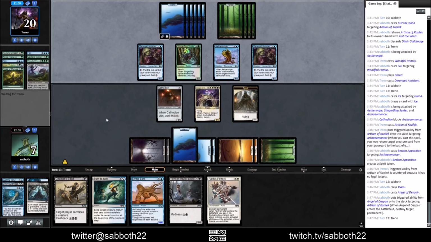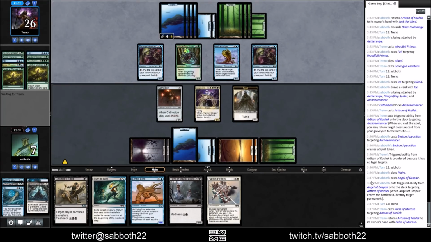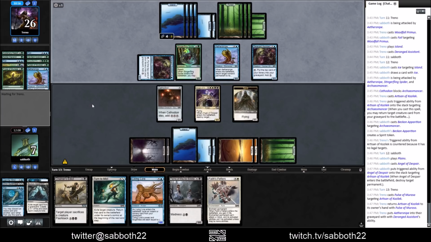Another game where I want to stay ahead on time if possible because we are up a game. Pulse of Marasa getting back Artisan. 4, 5, 6, 7. It's another Pulse of Marasa! Oh no! And then... Alright, at least we still have our Angel. Maybe this is winnable. What we can do...